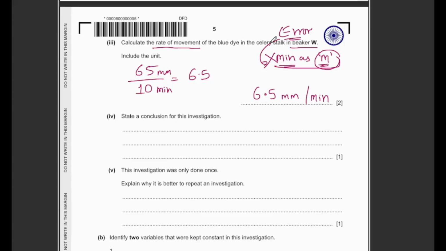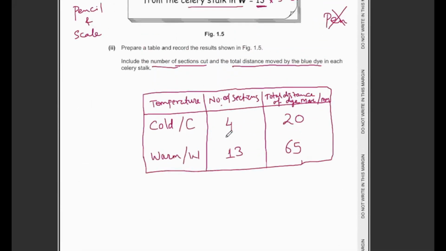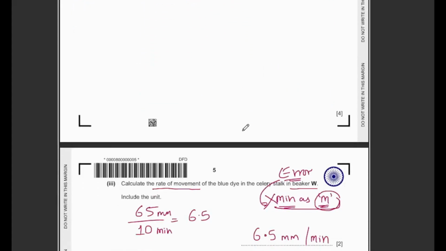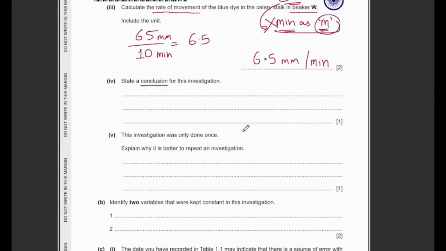State a conclusion for this investigation. What is the conclusion of this experiment? See, as the temperature goes high, as this is cold, the distance is only 20. Warm, the distance is more at the 10 minutes duration. The same thing that we kept is 65. Number of sections of the blue dye is 4. That means the higher the temperature, the greater the rate of the dye. So we'll write here, the higher